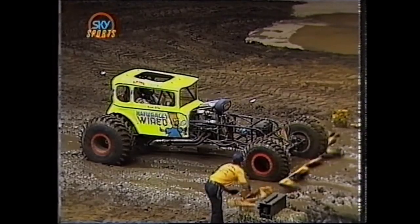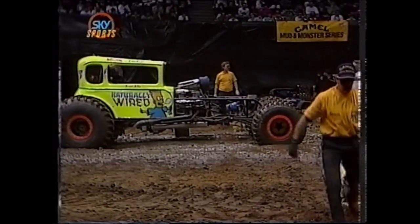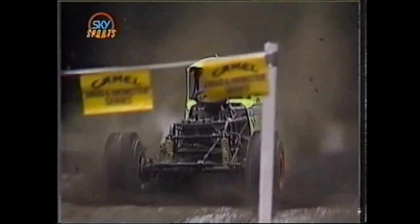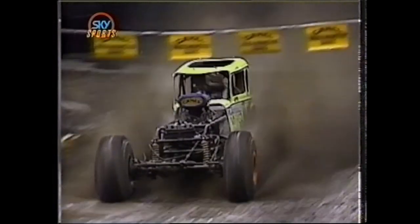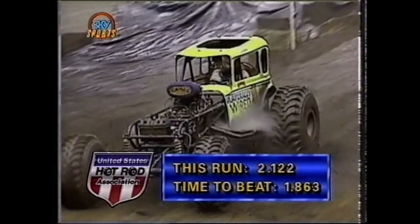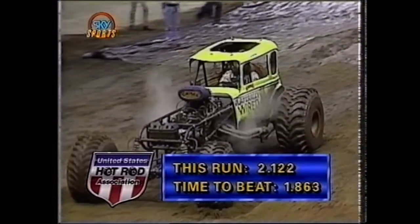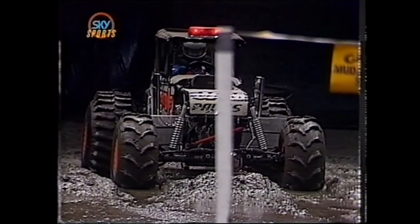From the state of New Jersey, it's Rich Marcini and his nitrous oxide-injected big block Chevrolet-powered 1932 coupe called Naturally Wired. Marcini, a great run, and he uses up more distance down there than anybody has so far. The elapsed time for the bright yellow 32 Chevy, 2.12 seconds. Believe it or not, that may not hold up for a starting position in the shootout program. Right now, it takes a run of 2.23 to get in the field, but coming up next, it's the machine